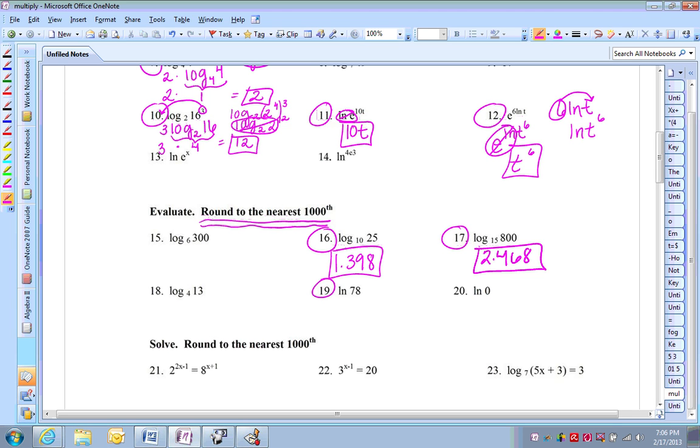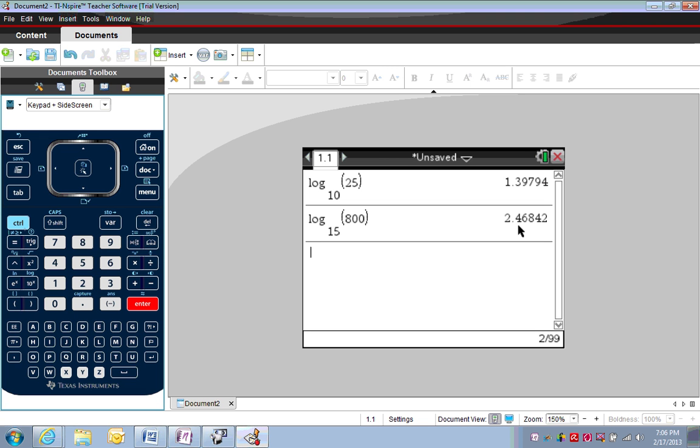Okay, on number 19, I need to type in ln of 78 on my calculator. So I hit Control, and then E to the X button is my ln. So make sure you realize that it's different than the log button. You can't just type in log. You have to use the ln button on these. So natural log of 78